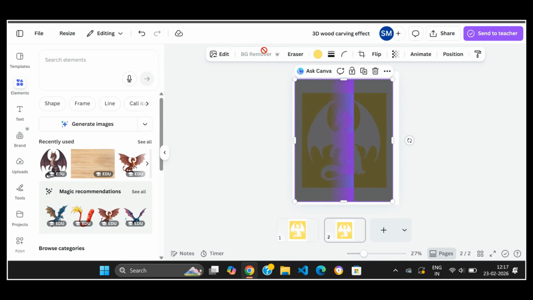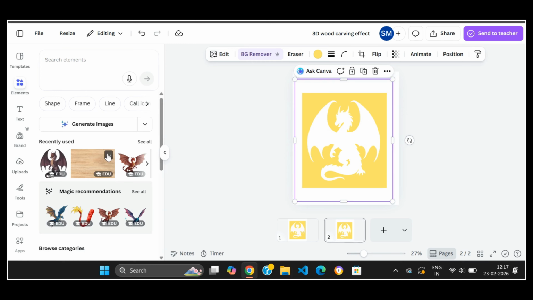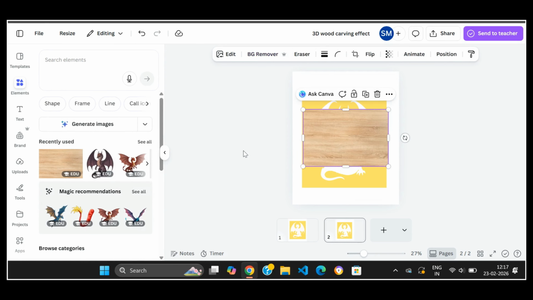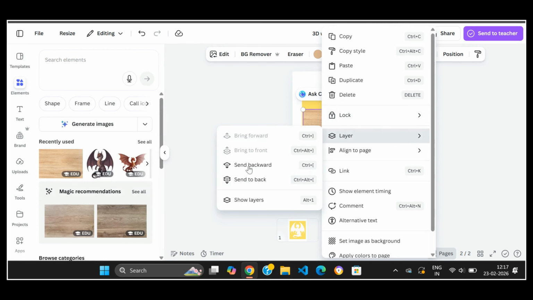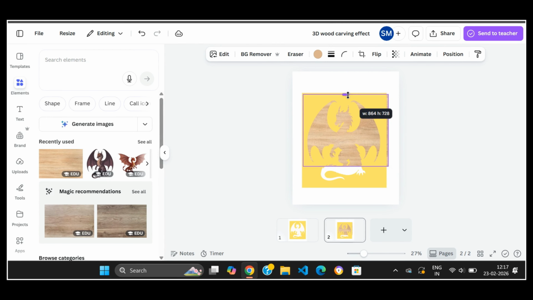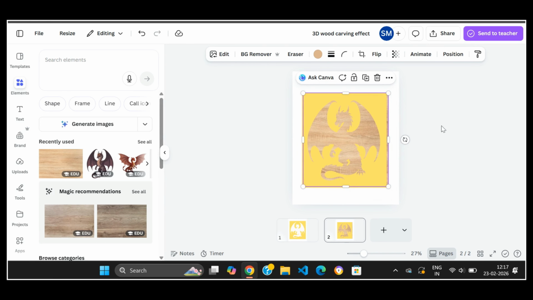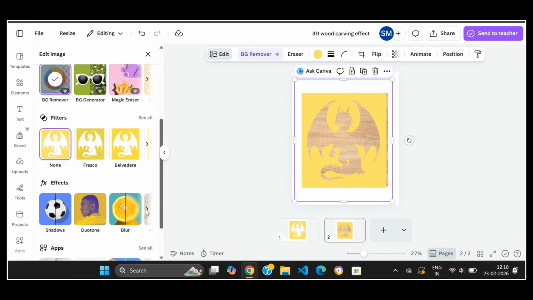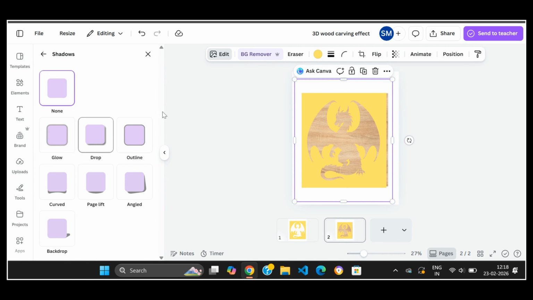Now select this old background texture, a photo, then इसको भी आपको send to back कर लेना है. Then resize here like this. Now go in edit and select shadow,